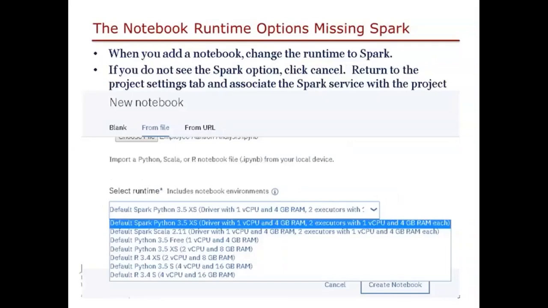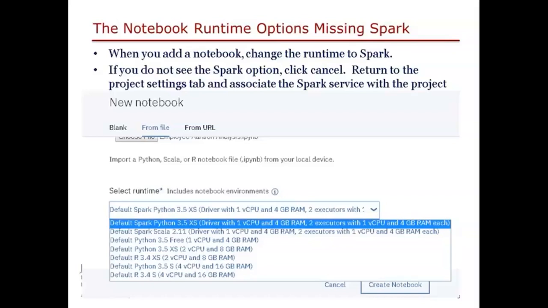Now, this is another potential problem that you may run into. Sometimes when you add a notebook, you will have to set your runtime environment to Spark. And I'll show you. I'm going to start sharing my screen shortly. But here, it's just showing you what happens if you cannot set Spark. The option that you need to see is not available. If that's the case, then you'll have to go back and add it. Actually, let me go ahead and start sharing the screen, because at this point, some of you are wondering, what is Yelena talking about?